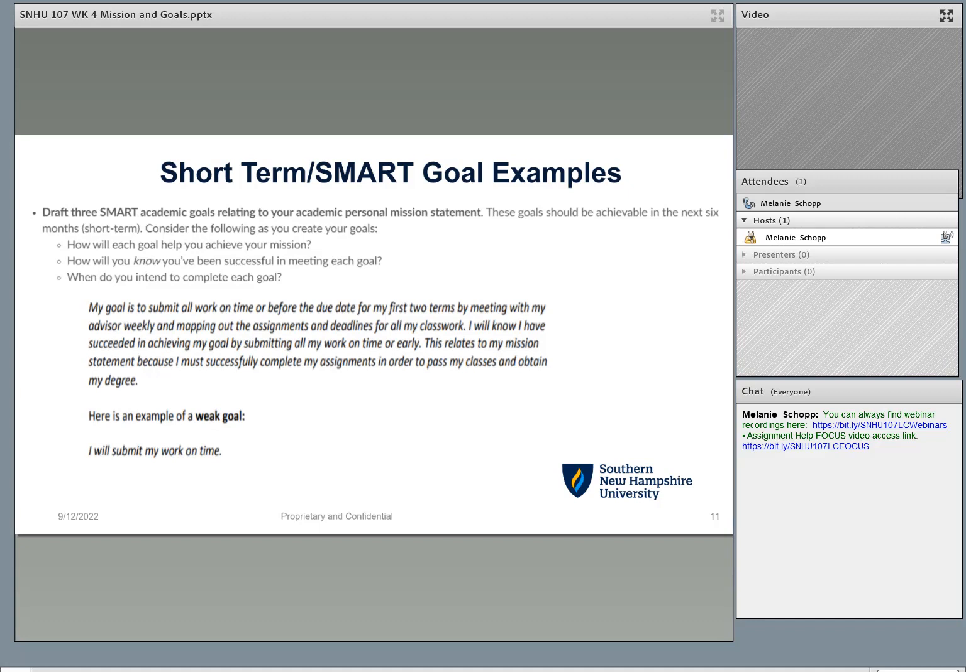So here's a good example of a SMART goal. Okay, my goal is to submit all work on time or before the due date for my first 2 terms by meeting with my advisor weekly and mapping out the assignments and deadlines for my classwork. I will know I have succeeded in achieving my goal by submitting all my work on time or early. This relates to my mission statement because I must successfully complete my assignments in order to pass my classes and